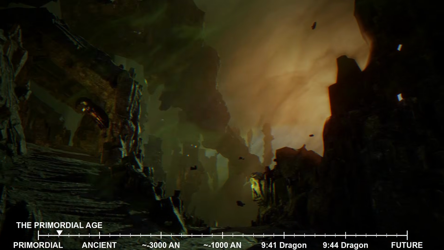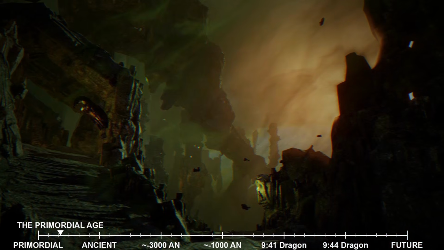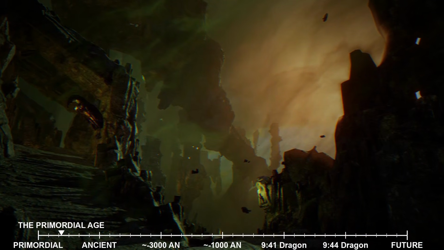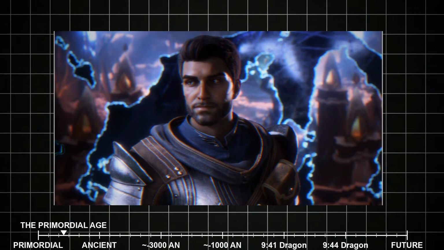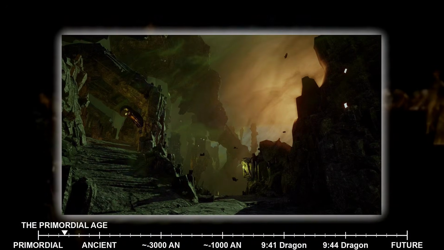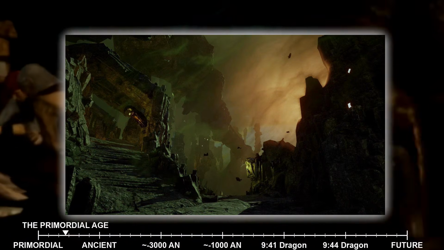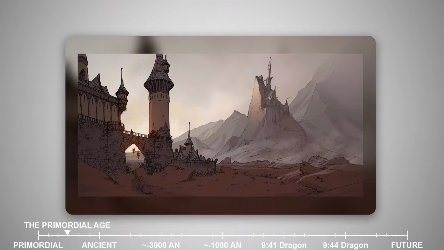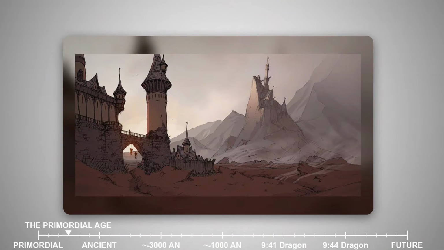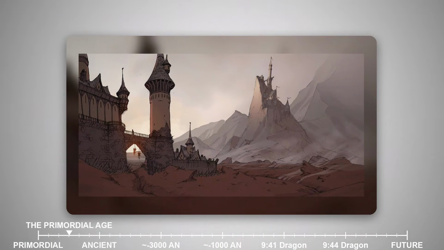The Fade was not merely empty space waiting to be filled. As the Maker continued the work of creation, this realm of dreams began to develop its own character, its own strange geography. The Fade became a reflection, a mirror of what would come next. When the Maker turned attention to crafting the physical world, the world we know as Thedas, the Fade responded, echoing and mirroring the material realm in its own impossible way.